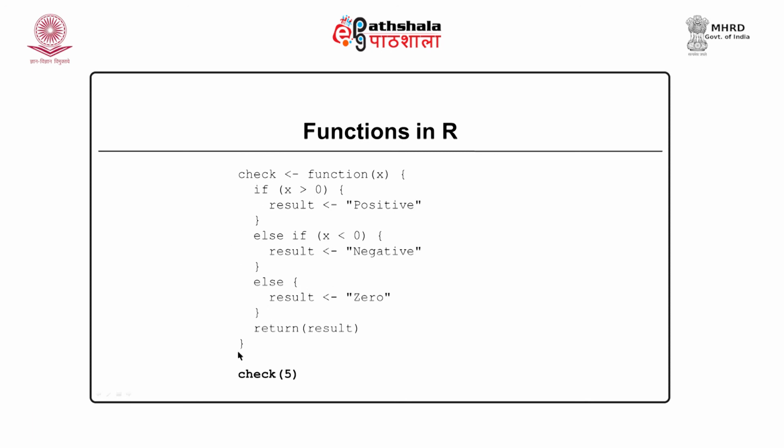You may also try out this program. You can type all these lines in a single file, say sample2.r, and you can execute this entire file. You can try out various values of x. You can type 5, you can type -5, you can type 0, and you can see how the output will differ.